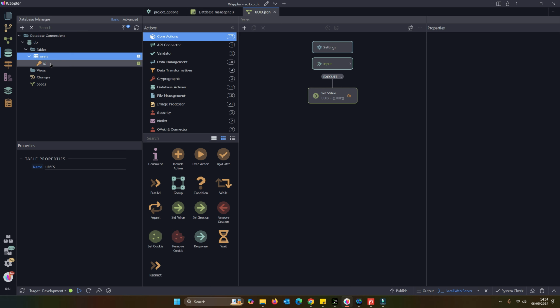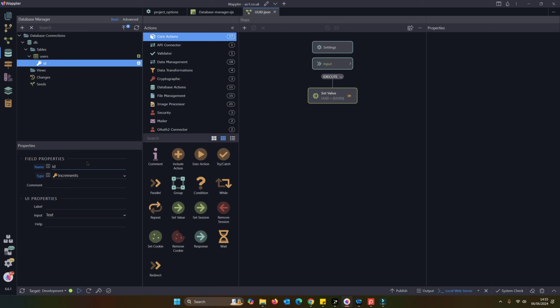We see an ID field is immediately created automatically by Wappler, and we can see that there are some properties there. Now this is the one and only chance you will get to change the name of that unique identifier. After that, Wappler will not allow you to do that, and that's sensible because you can really break relationships between tables by changing primary key names.